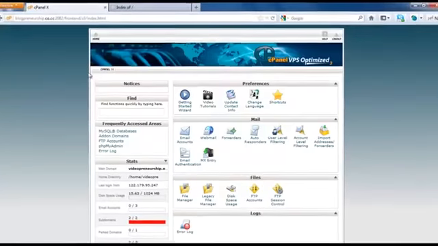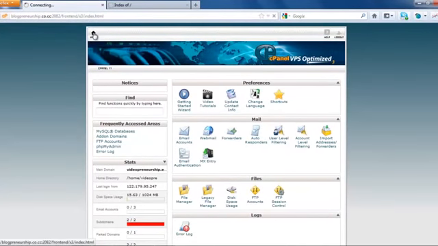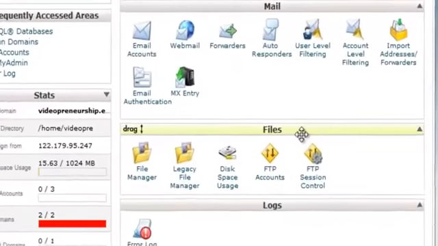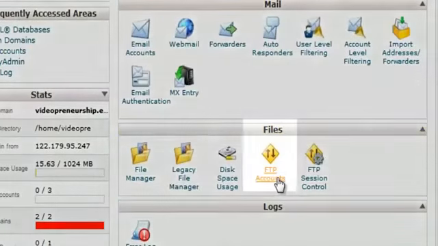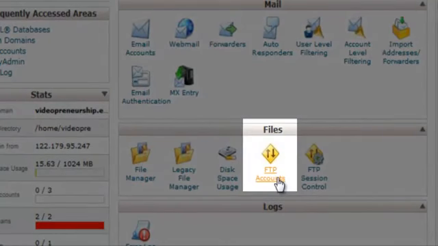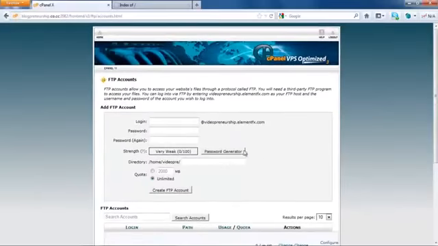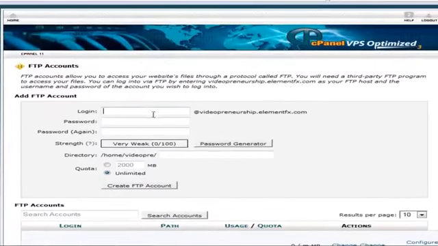Now, go to the home page of the cPanel of your web host, scroll down and go to the tab which says Files. You'll have an option which says FTP accounts. Please go ahead and click on that. Now, you need to create a new FTP account for your new domain name. I'll just type it as